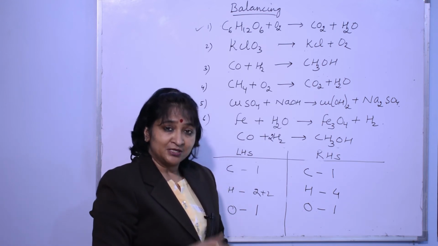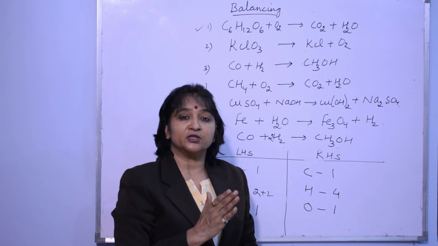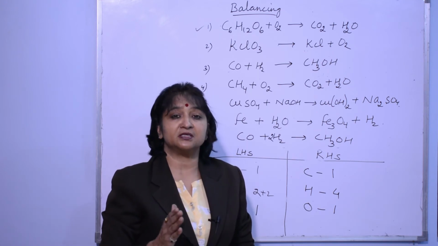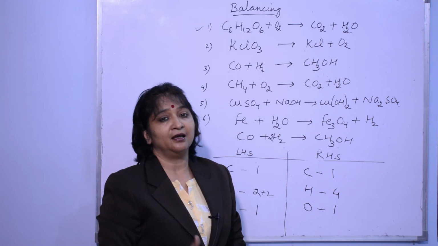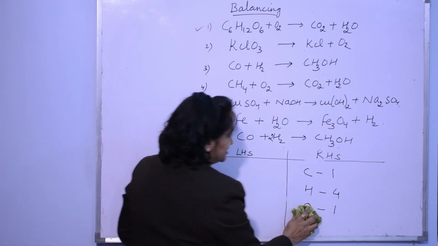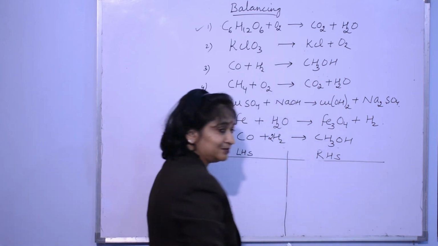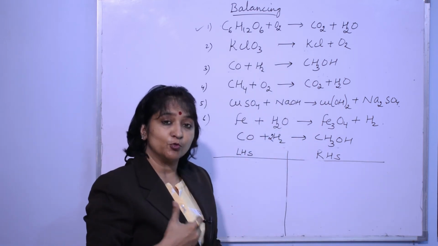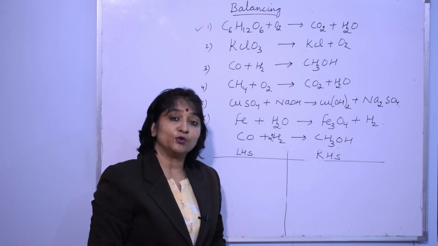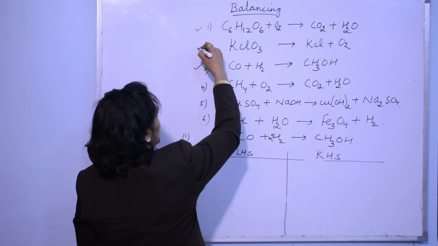Right? So simply you differentiate as atoms present on the left hand side and atoms present on the right hand side, and then write down all the number of atoms which are present, and then start balancing one by one. The atom which shows more of the difference, you can go for balancing that atom first. So this reaction also we have done.